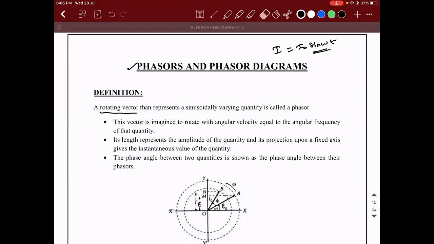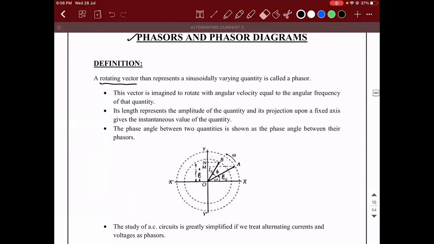Okay. The important point is, you should not get confused about why we are using vectors for current. Current is a scalar quantity. We are not using vectors to represent current. Instead of drawing graphs, we are only taking the help of vectors to understand how the relation between the EMF and the current will be represented in terms of angles. Because I told you yesterday, there is a concept called leading and lagging. For you to understand which one is leading and which one is lagging, we need a diagram called a phasor diagram. But before we draw a phasor diagram, we need something called phasors.